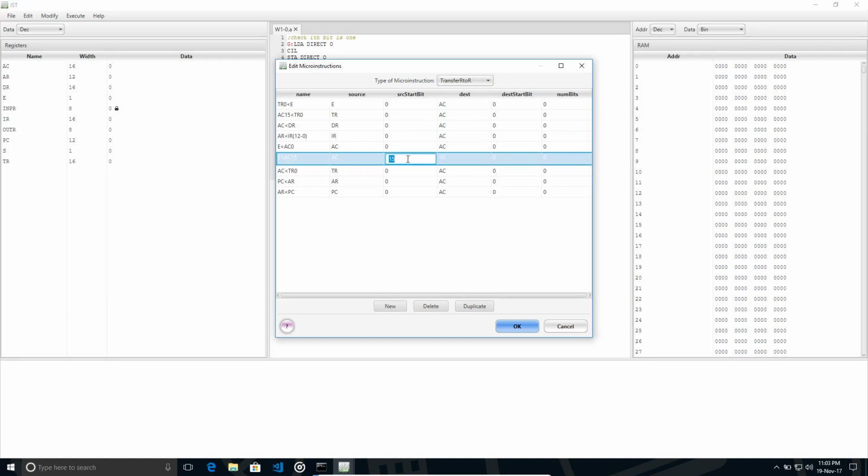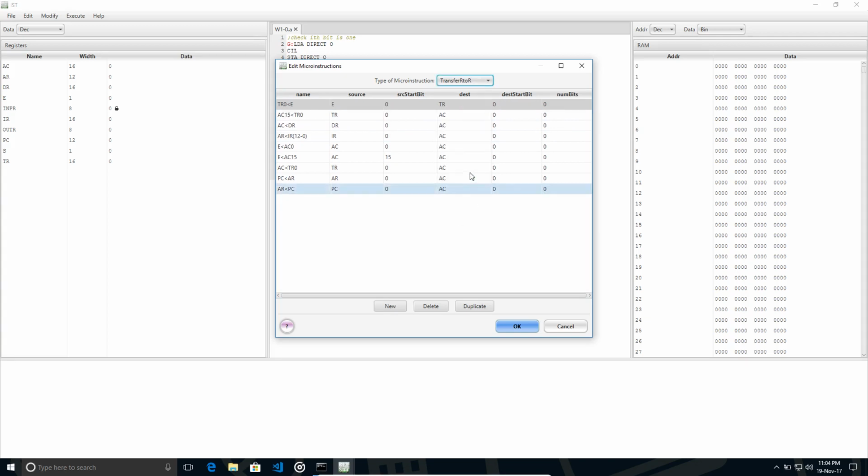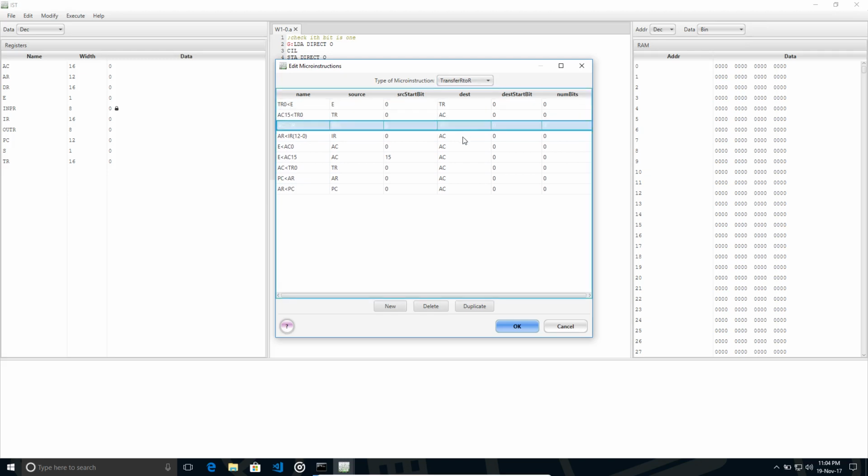No, it's not 15, it's 16 in this case, because and in this case DR 0, all zeros, destination SC, and this case is DR. In this case it's SC, in this case SC, AR,